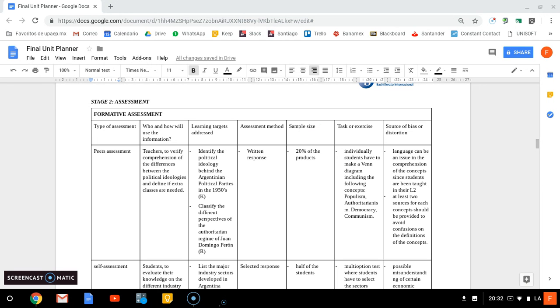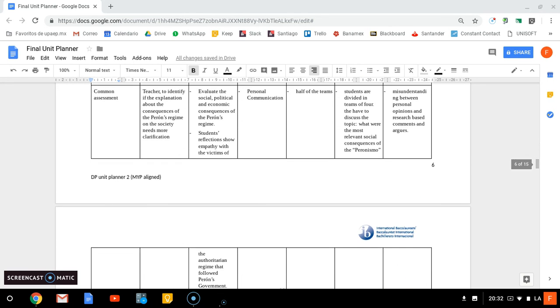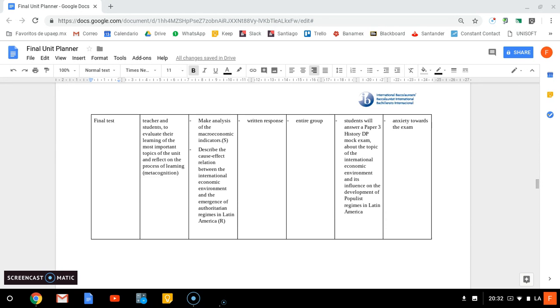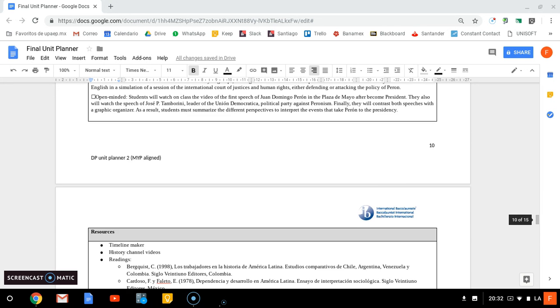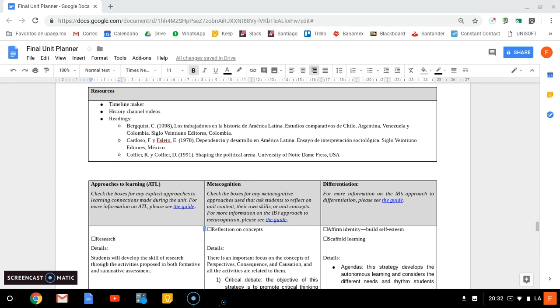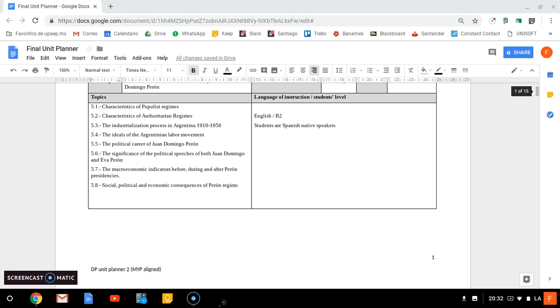And finally, the source of bias or distortion, to be aware of some elements that may create confusion in your students and then damage or inhibit the accuracy in your assessment. For example, the language can be an issue in bilingual schools, for example, the vocabulary, etc. So this is about formative assessment, and right here you have also summative assessment. And then you have all the essential understandings, the learning process, the resources that you will use in your lesson planning. So I am running out of time, so I just want to